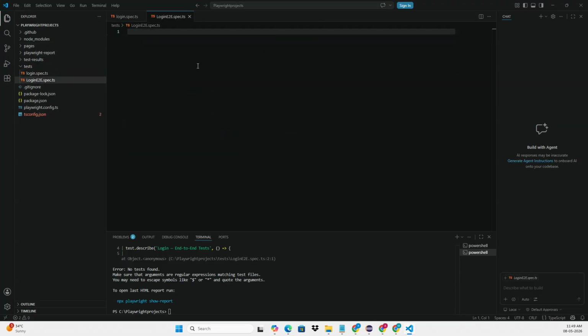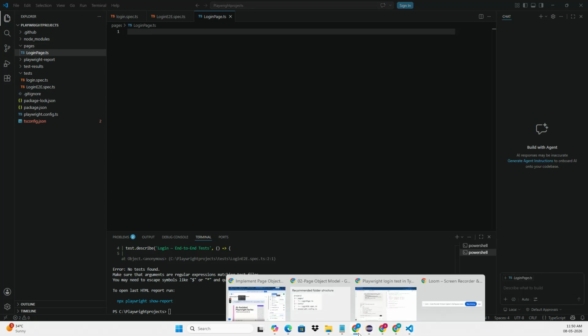And another file I am going to create for the pages in the pages folder. I've already created this folder and now I'm going to create a file in it which is loginpage.ts. Since it is the class file, I need not give the extension spec. Okay, so this way I've created the two files. So my folder structure is ready as expected.